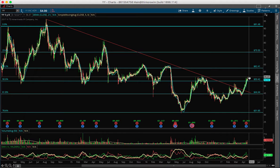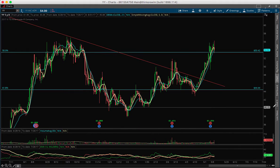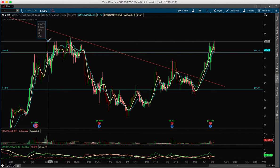So I think the entry here will be $56. If it breaks out of the $56, I'm gonna enter long in this one, and I'm gonna show you why. Zoom this out. So you see all the resistance here. So we're going right at this resistance,